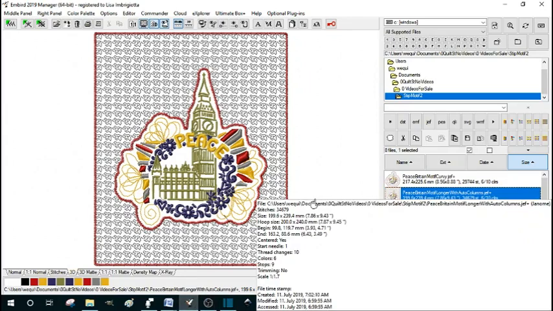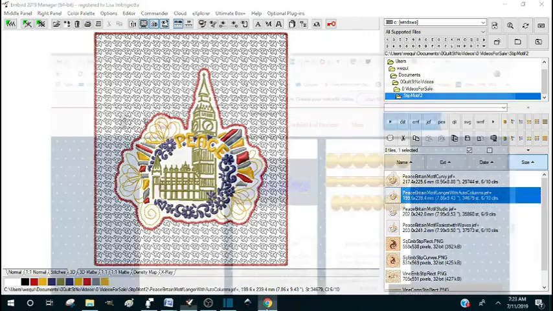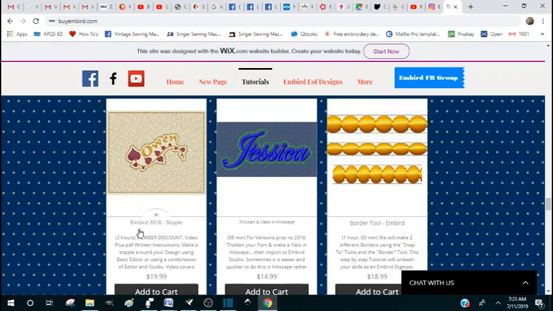I decided to go ahead and update my video that I have on stippling around a design. And the one that's on my website now is here. It's from Embird 2018. It's still very relevant. It talks about using basic editor and also using studio or a combination of the two to create stippling around